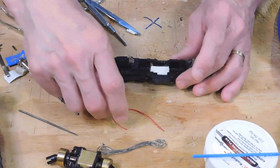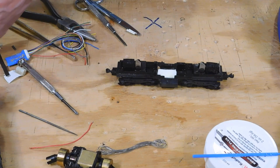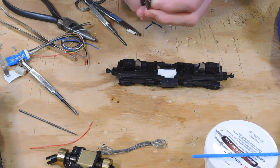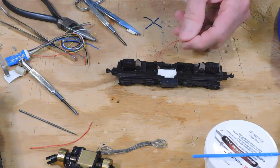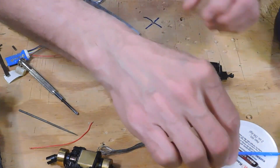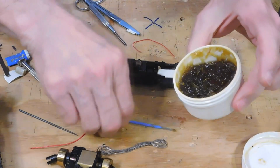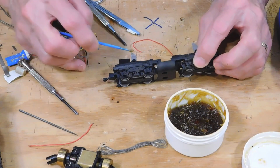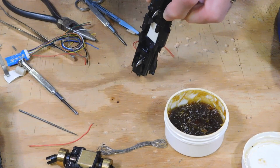Okay, so the first thing I want to do then is go ahead and make this solder connection for the power pickup on the right side. I'm going to put on first the connection that I was going to make between the two. So let's go ahead and do that. Because this is a bigger joint, I'm going to go ahead and put a little paste flux on there. I don't normally use paste flux for stuff like this, but in this case, I'm going to make an exception, put some right up here,